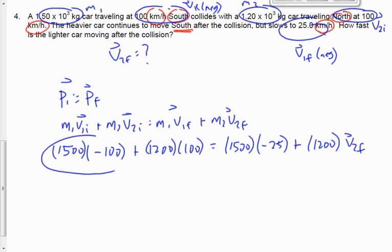Get a number here. Okay, it works out to be, what, 150,000, is it? Plus 120,000. So it's going to be 30,000, I think, on the left-hand side. 1,500 times negative 25, that's negative 37,500 plus 1,200 times V2F. Let's take the 37,500 away, adding 67,500 divided by 1,200. And when I do that, I should get, let me just check my